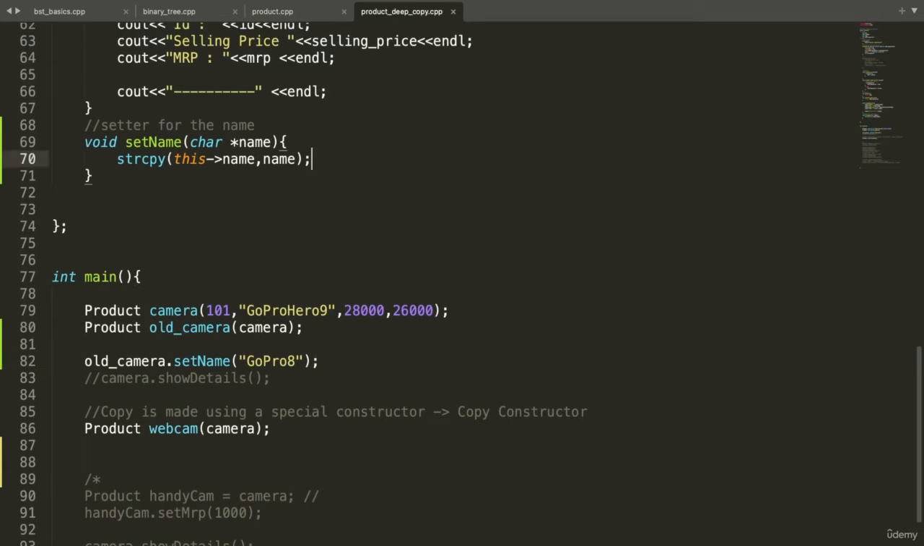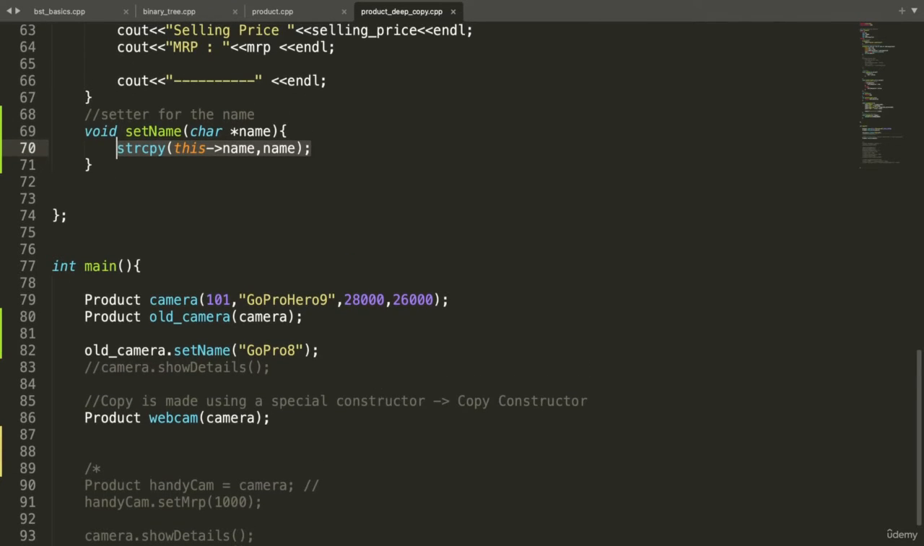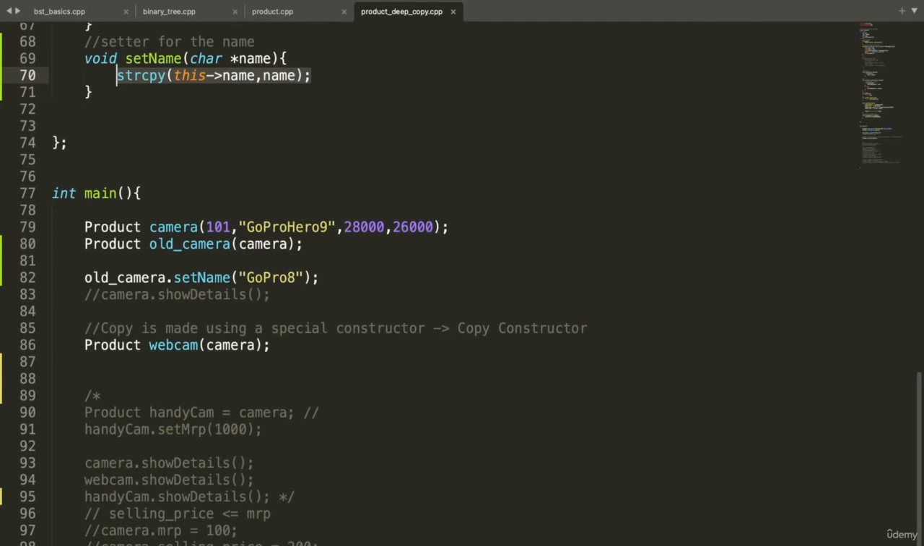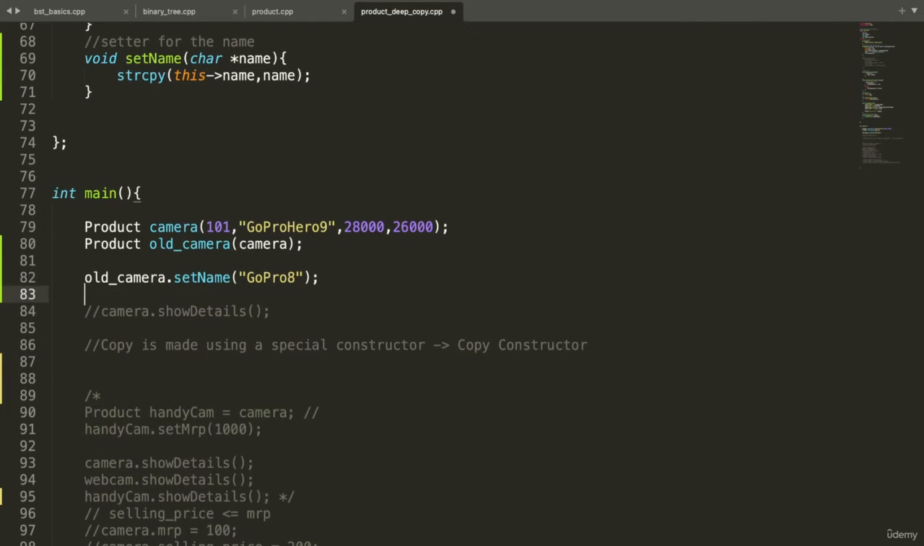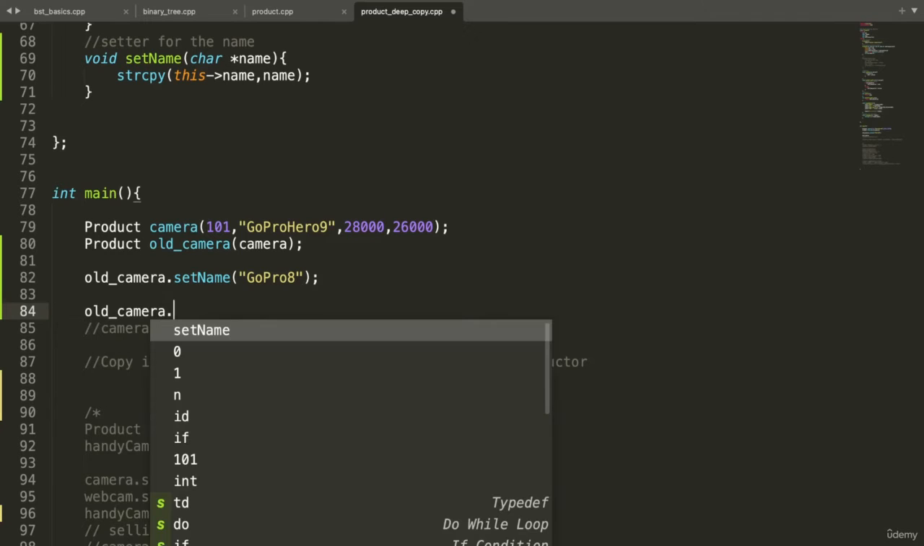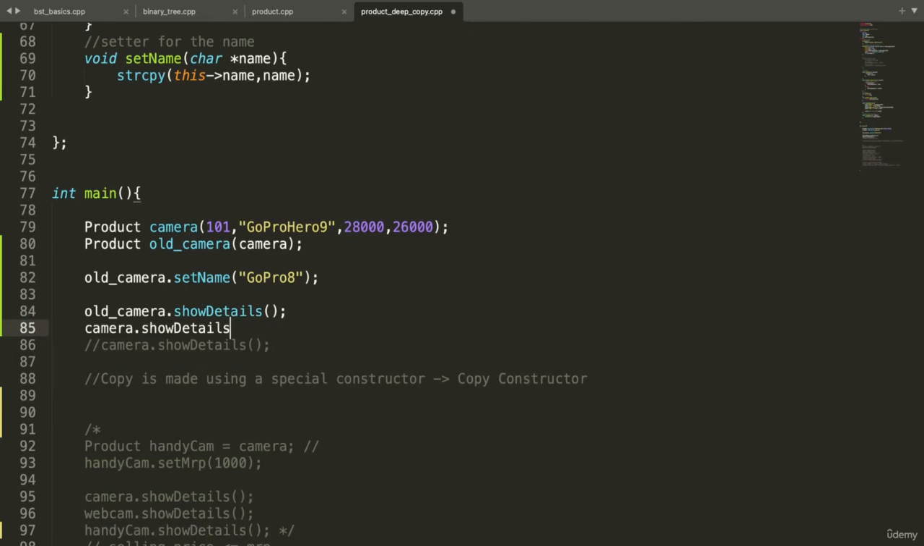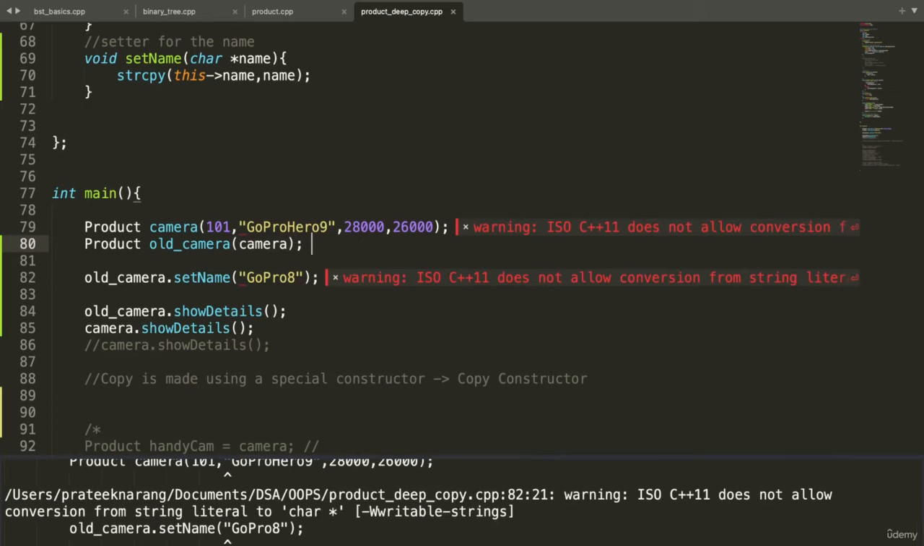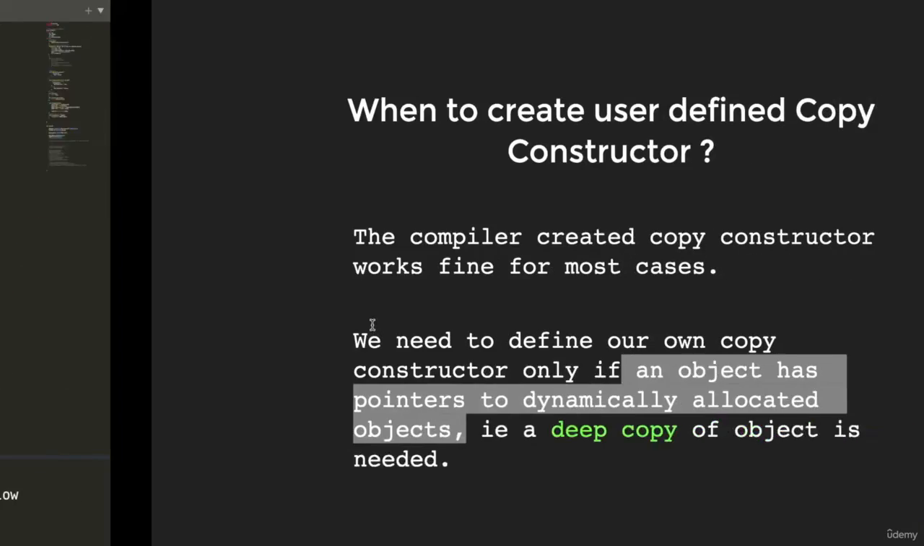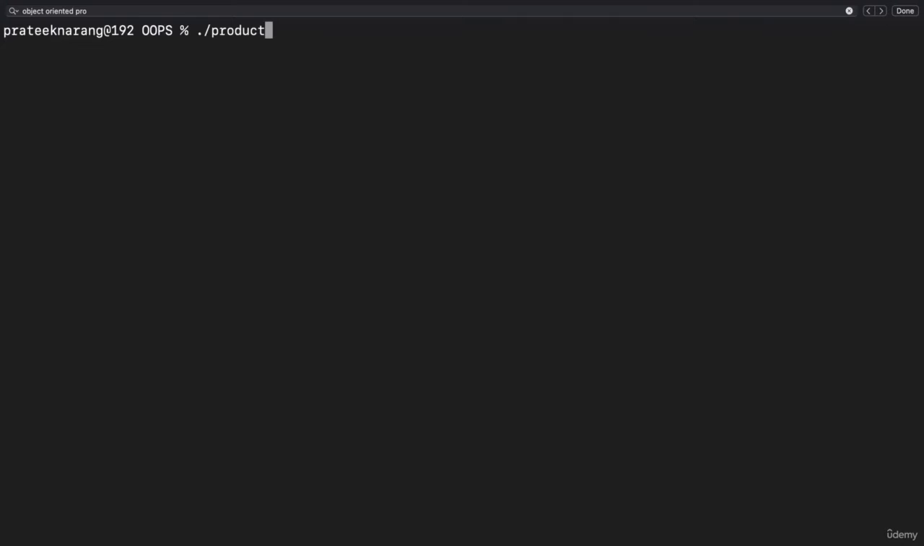Right now, let's say this is the name for the camera. Let me see if we can do something here. I can say old camera dot show details, and camera dot show details. You can see we have used the copy constructor to create the old camera and the parameterized constructor for the first one. This is a warning that we can ignore. And if I run the code now,